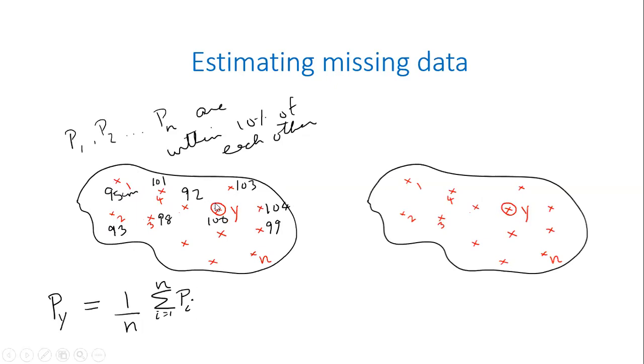Then, this particular year, you may have received some other number. Location 1 may have received 97, location 2 may have received 92, whatever it may be. I take all of those numbers and simply take the arithmetic average, and that is the estimate of the rainfall received at location Y, if the normal rainfall in all these locations is within 10% of each other.